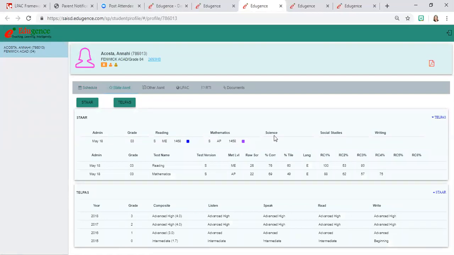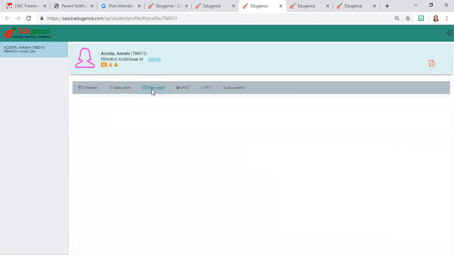And so when you asked if it was going to have 4 years worth of data in that report that I showed you earlier on the TELPAS dashboard, all of that is available right here in the student's profile. So you can see, it looks like this student has several years of TELPAS scores in. Any other assessments that you wanted, LPAC data,